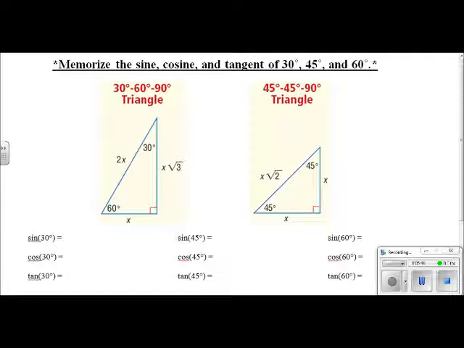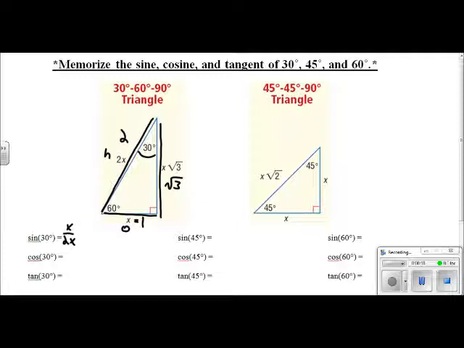So if we look at the sine of 30 degrees, so we're looking at this one here. Remember, sine is opposite over hypotenuse. So we'd say that it's x over 2x. And what that means is, let's say that our x is 1. So we're setting this value to 1 length here. This leg would be 2 in length, and this leg would then be